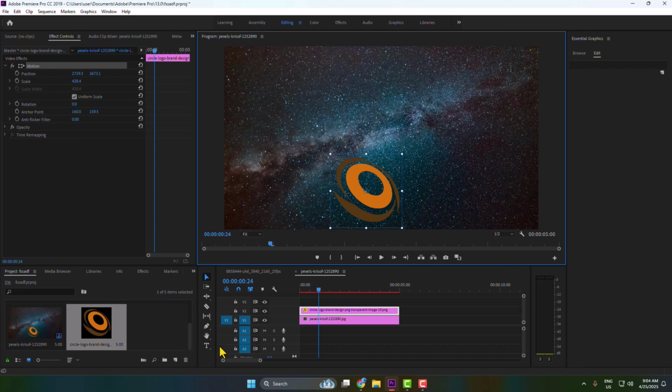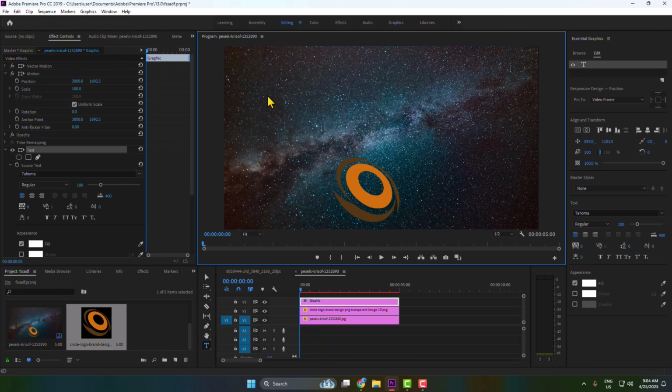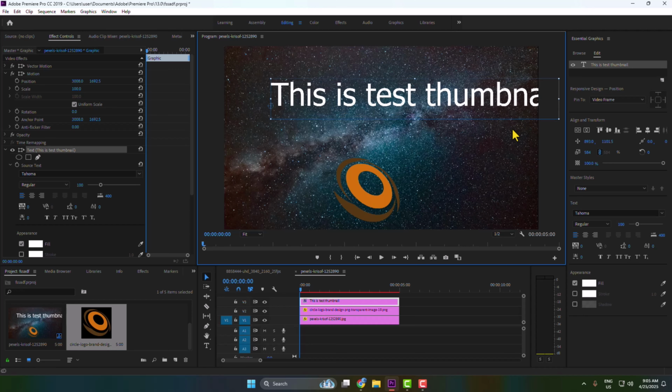Now I'm going to add a text here, so selecting the text tool and typing here my thumbnail text. And now selecting the selection tool and just increasing my thumbnail text size just like this. And now